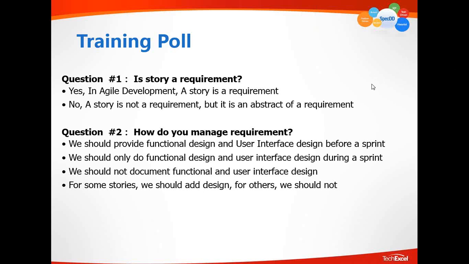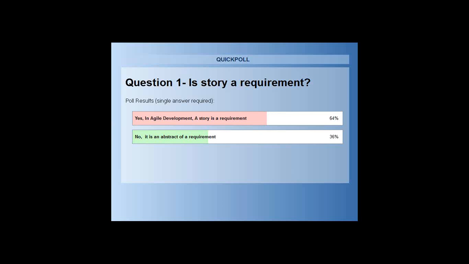Were you able to see the results? Yes. So 64% says yes, in Agile development, a story is a requirement. 36% says no, it is just an abstract of a requirement. So before I comment on these answers, I want to see the next